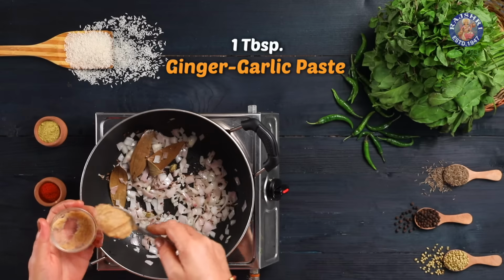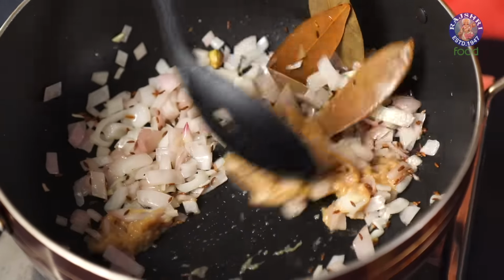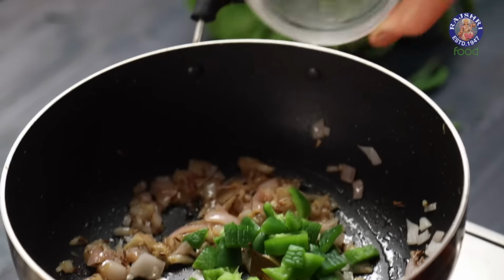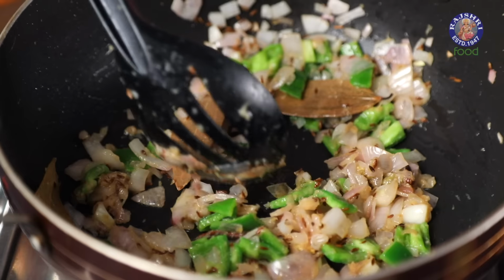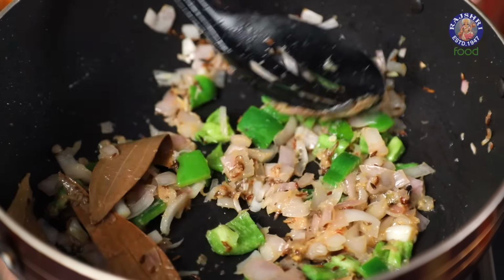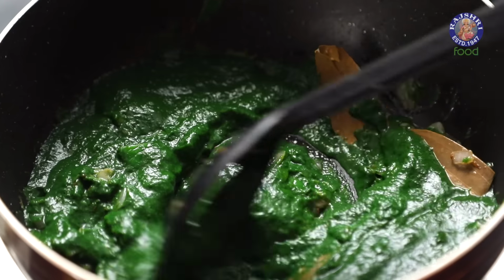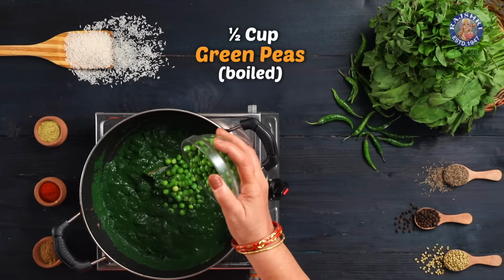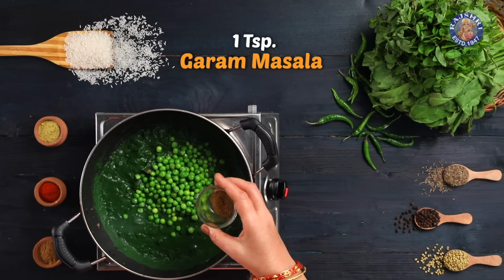1 tablespoon of ginger garlic paste. Next, add in 1 green capsicum chopped. Saute for a minute. Now add the green paste we prepared. Mix this. Now add half a cup of boiled green peas, 1 teaspoon of garam masala,